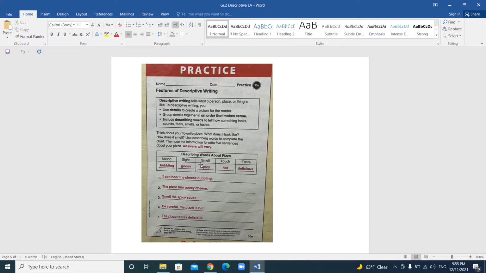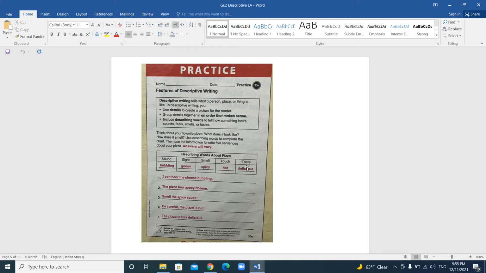Some people like to put pepper. You can smell the pepper. Here, the book used spicy, and one of you told me about spicy. Touch, when you touch it, it's hot, right? It's hot, and the crust is a little bit crunchy. Taste. Some of you used yummy, some of you used tasty, some of you used delicious. You put 1 or 2 notes under each